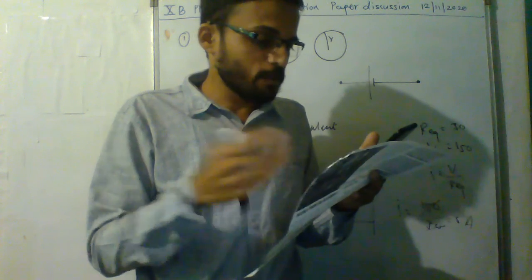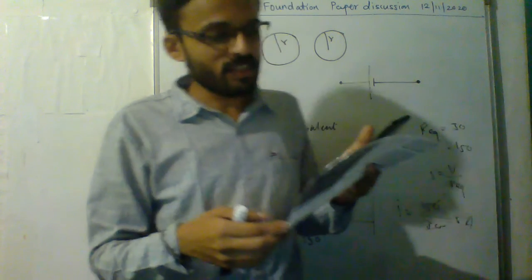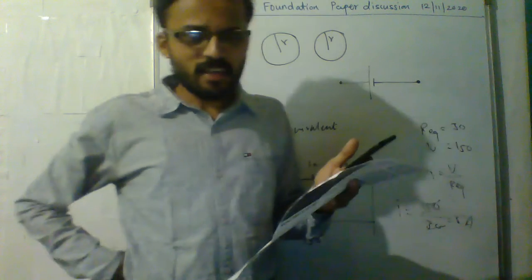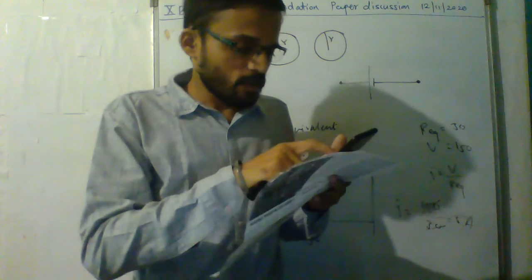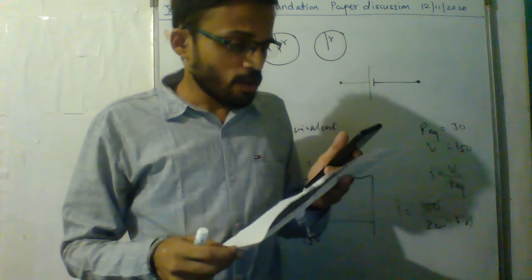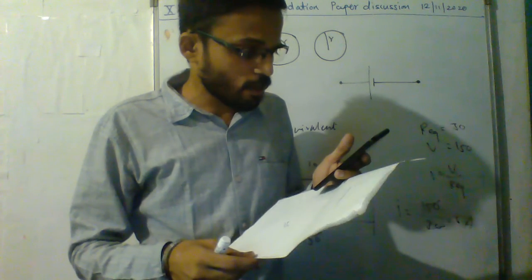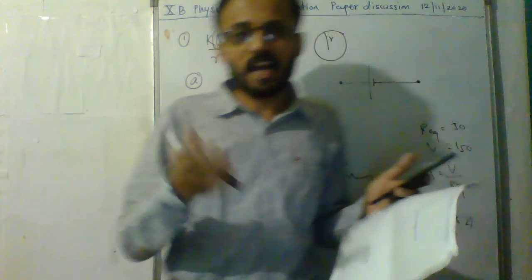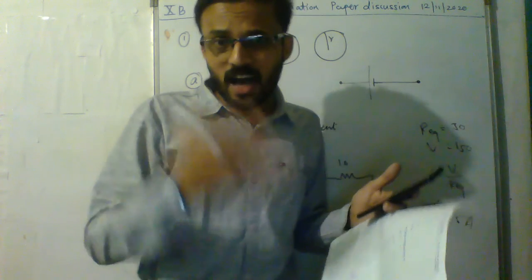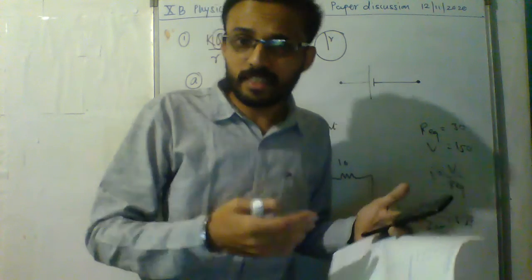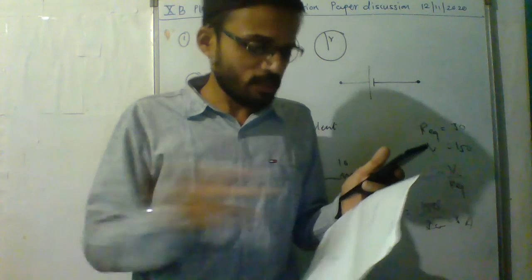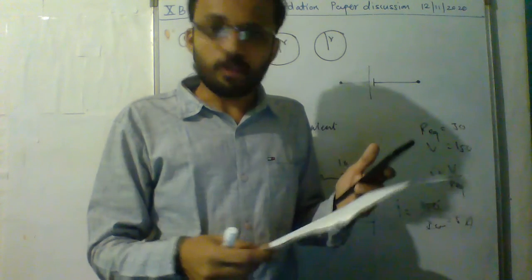Question 19. Human eye has maximum luminous efficiency. This is very simple. That is the green color. I think for the last exam also we discussed that. Question 20. What are the factors that determine the angle of deviation in the prism? All are there. A plus delta, I plus E is equal to A plus delta: angle of incidence, angle of emergence, A means angle of prism, delta means angle of deviation. So all of the above will be the answer.